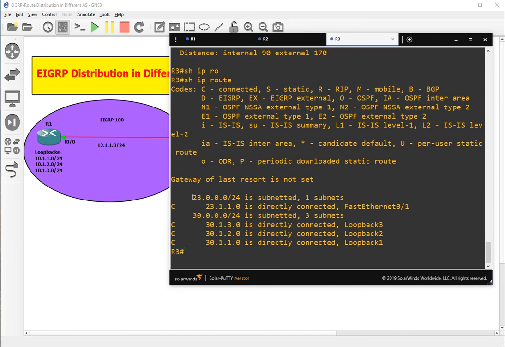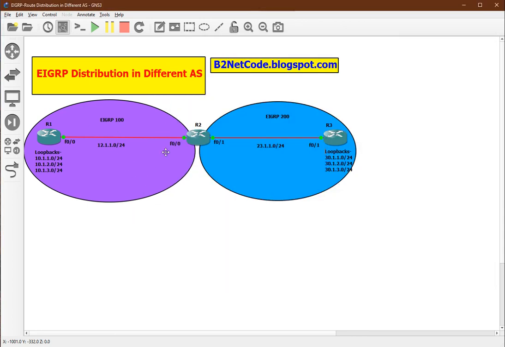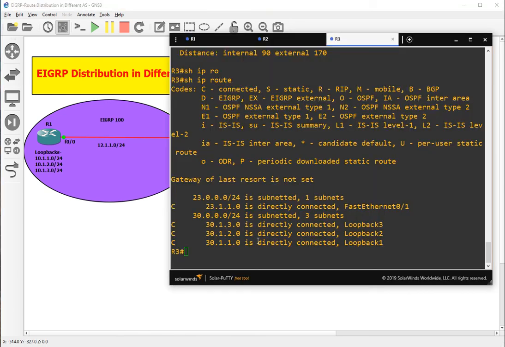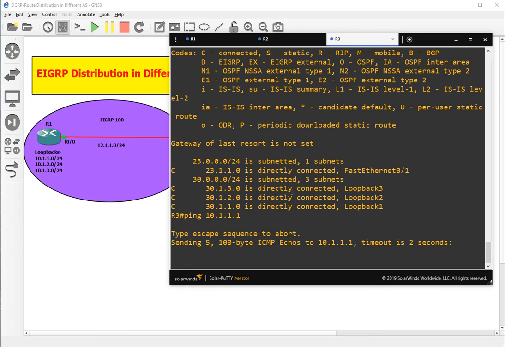Show ip route. Okay, this knows about 23 and 30. But because EIGRP does not share routing updates between different processes, we have to use a redistribute command. Currently we won't be able to ping the 10 network or the 12 network. Ping 10.1.1.1. Okay, this will not work.